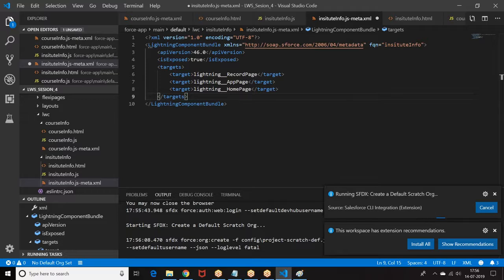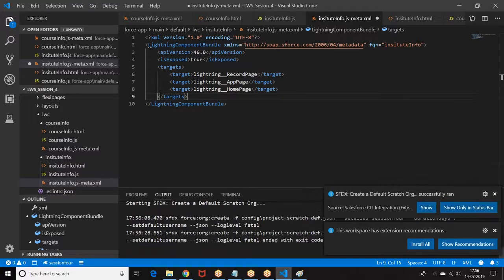Then whatever code we created, we want to push this code to the scratch org. Let me push this code into the scratch org.